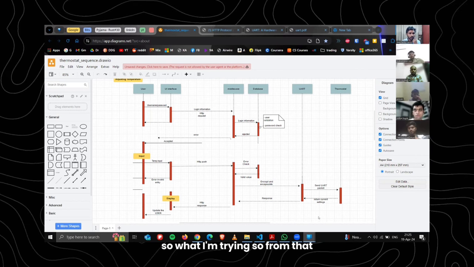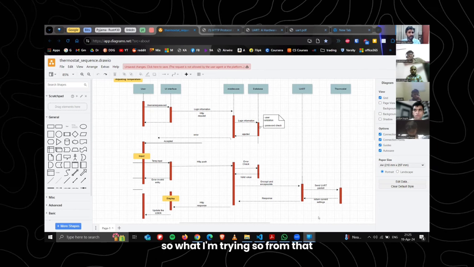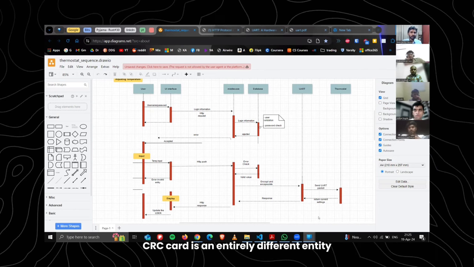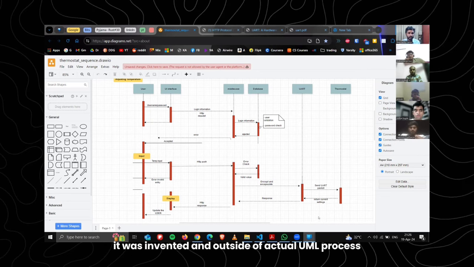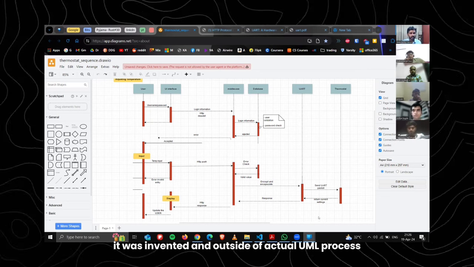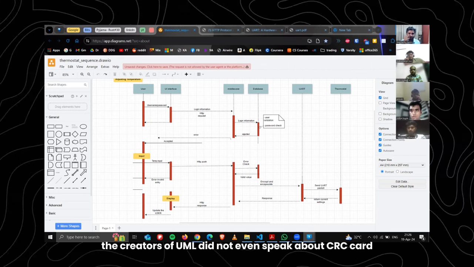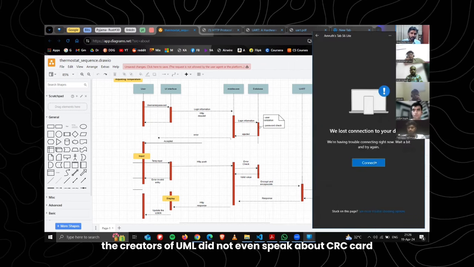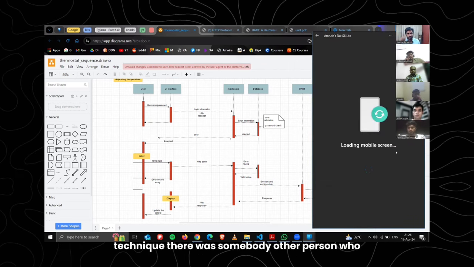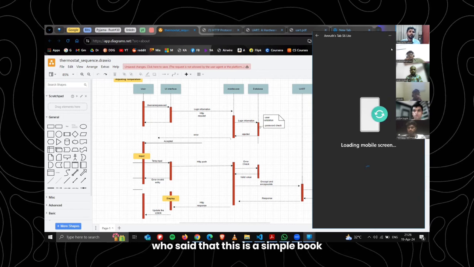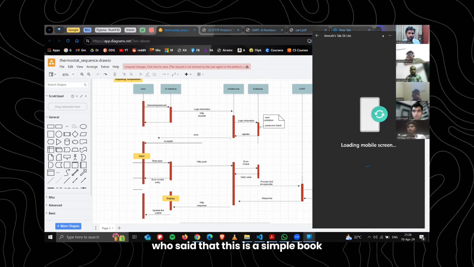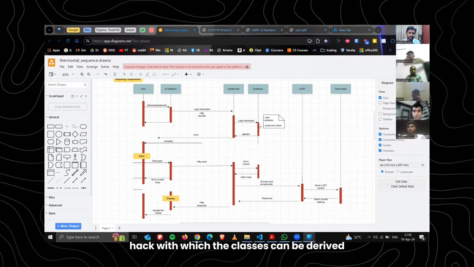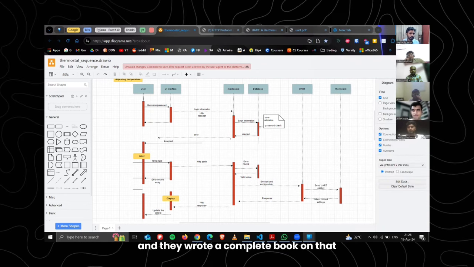What I am trying to say is, CRC card is an entirely different entity, which was invented. Outside of the actual UML process, the creators of UML did not even speak about the CRC card technique. There was another person who said that this is a simple hack with which the classes can be derived, and they wrote a complete book on that.